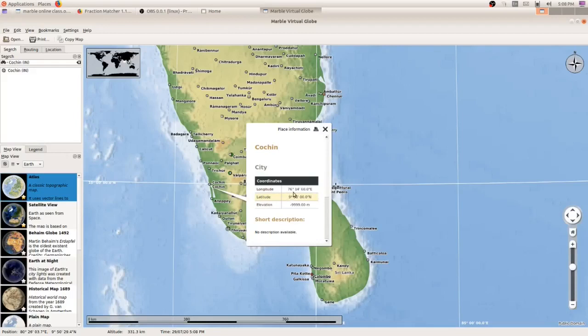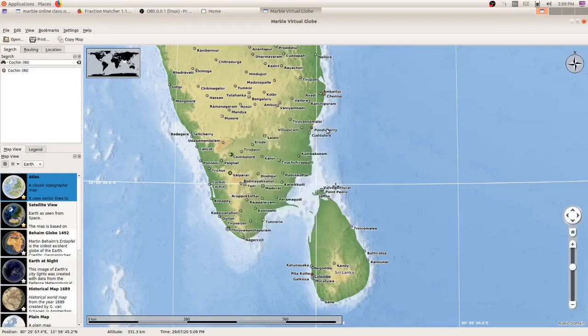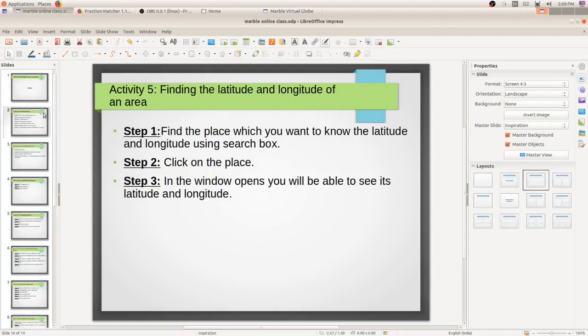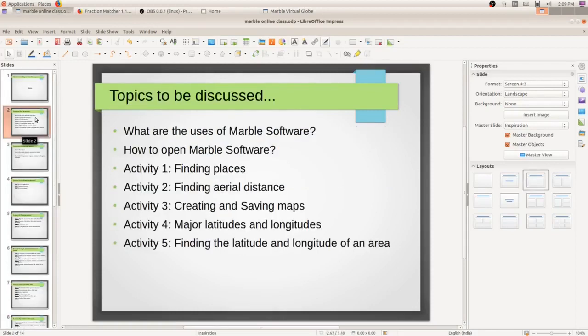It is reading out like this: 76 degree 14 minutes 0 seconds E. E stands for east, and latitude means 9 degree 58 minutes 0 second N. N stands for north. So these all are the activities which we have studied in second chapter.